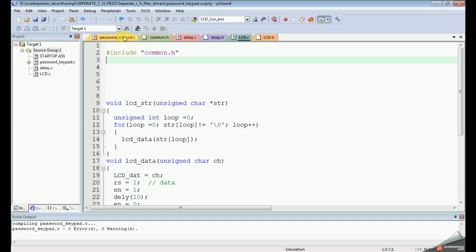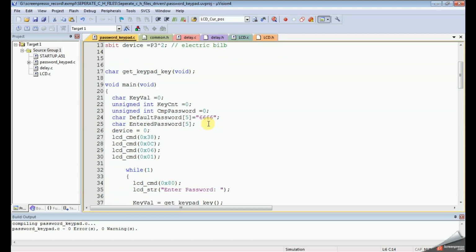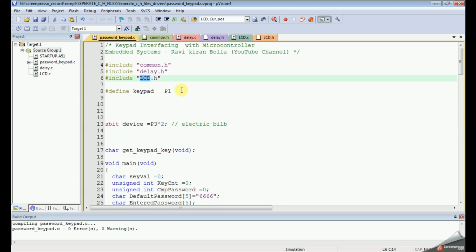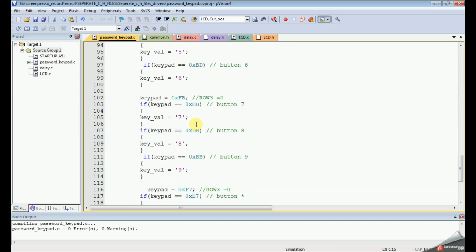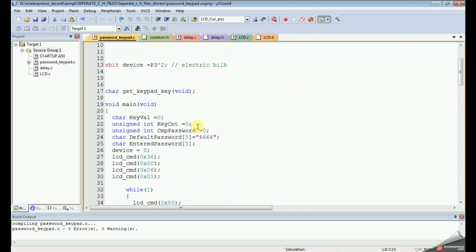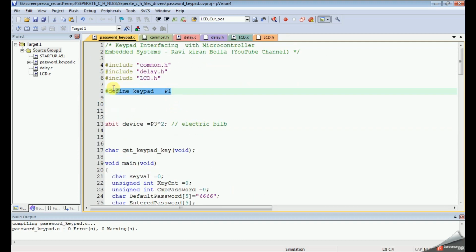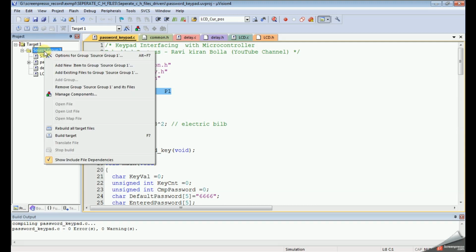So now the LCD file is separated. Now I want to separate the keypad driver also, similarly. So now I want to create separate .c and .h files for keypad.